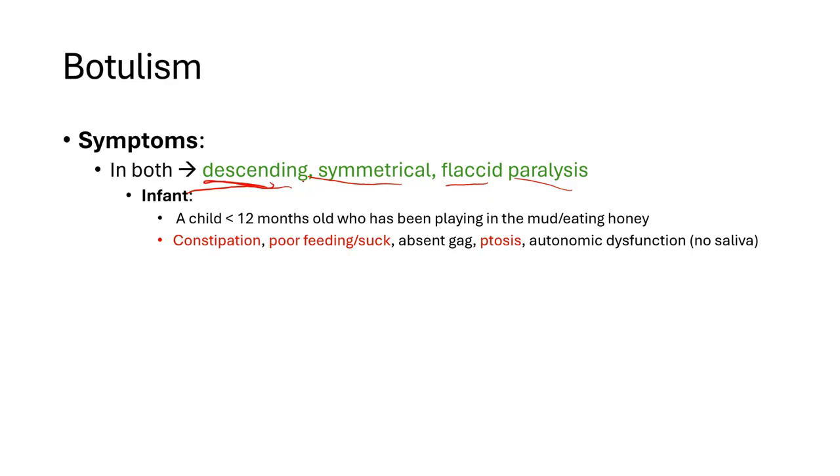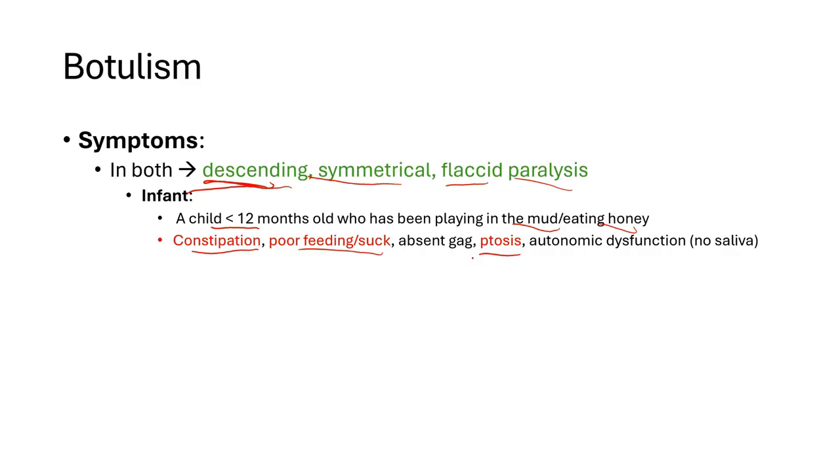For an infant, very commonly, this will affect children less than 12 months old, and we look for individuals who have either been playing or eating mud, or individuals who have been given honey recently. Very common symptoms, and the first symptom, is going to be constipation. Constipation is generally the first sign due to the ingestion and creation of the toxin in the gut. Remember, these individuals are ingesting these spores, so look for a child with constipation, poor feeding or suck, absent gag